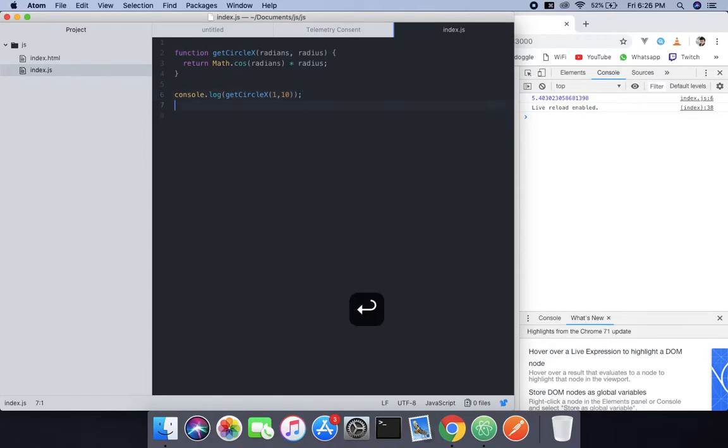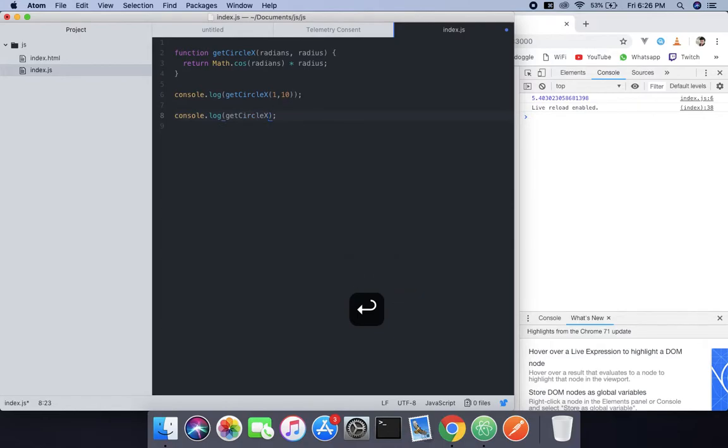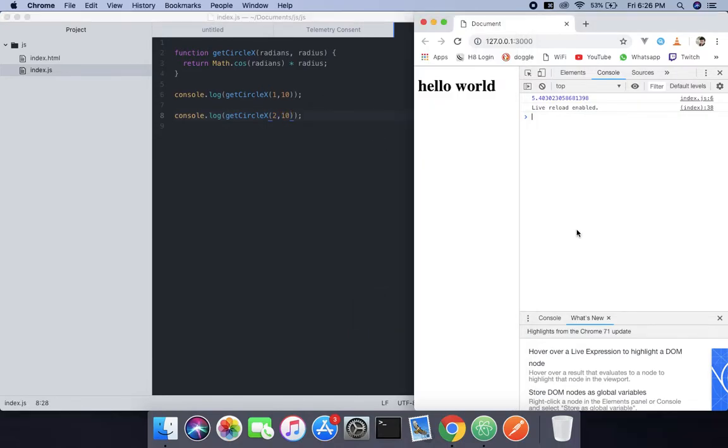Now I will print another get circle x and paste 2, 10 minus 4. So hope you understand,